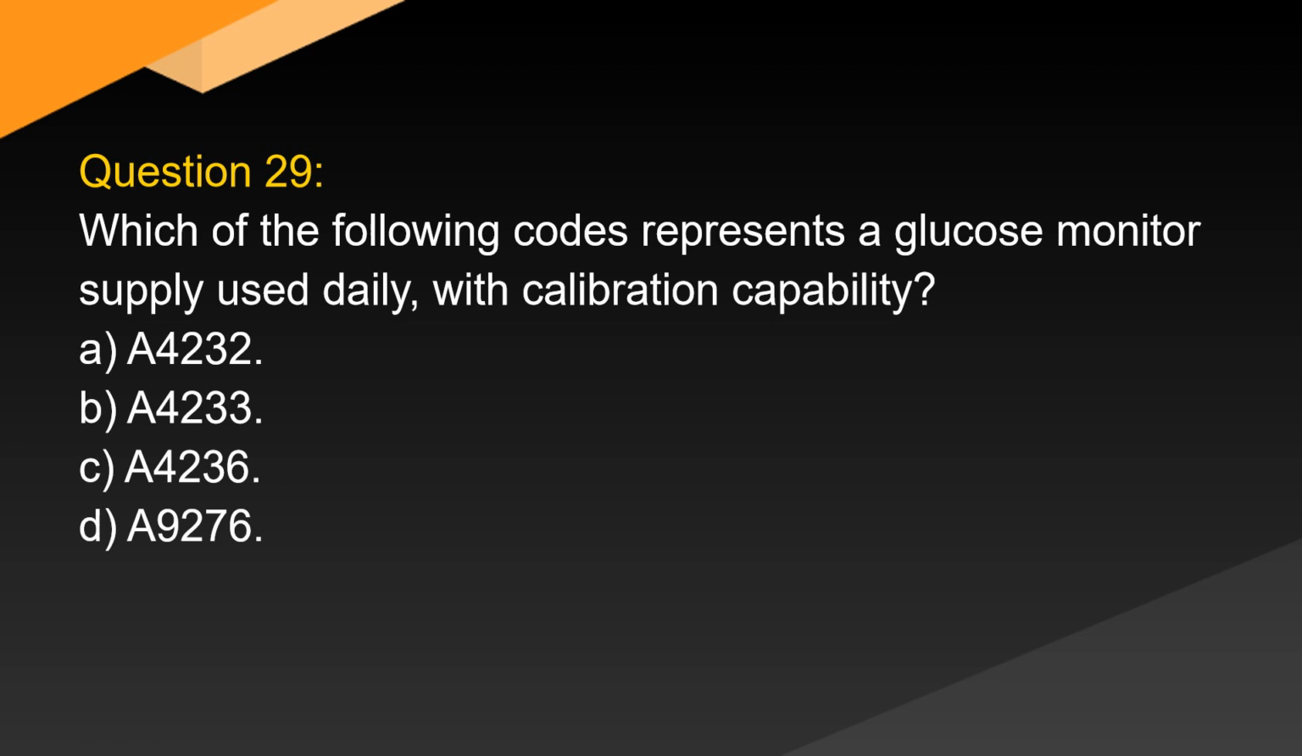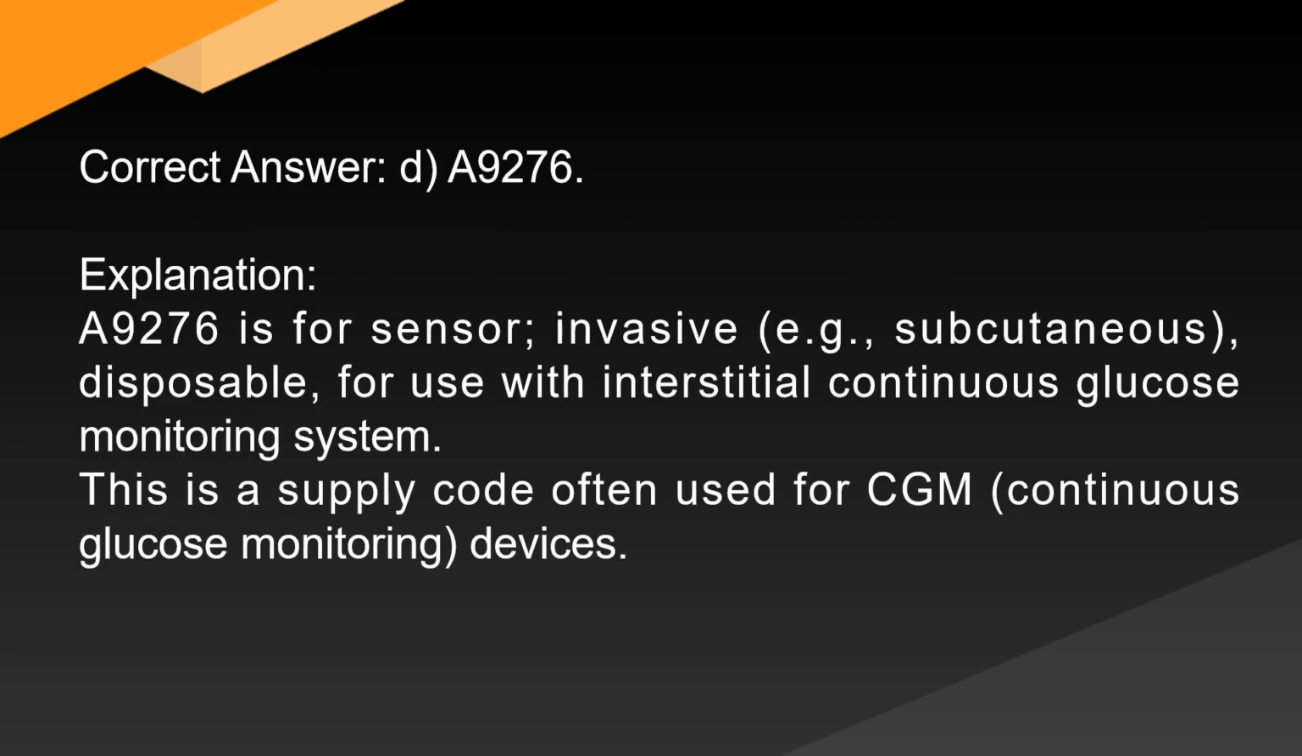Question 29. Which of the following codes represents a glucose monitor supply used daily with calibration capability? A. A4232, B. A4233, C. A4236, D. A9276. Correct answer, D. A9276. Explanation: